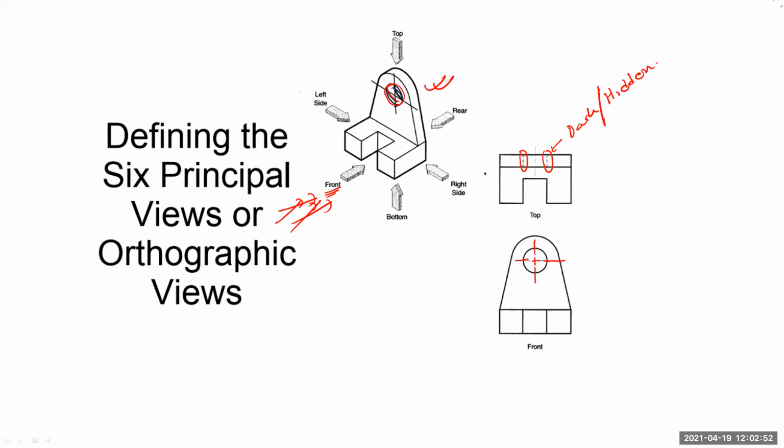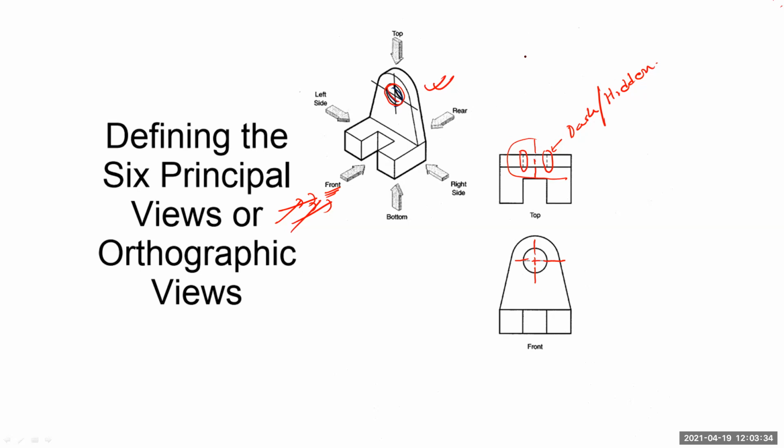Almost everyone has done it correctly. Here you can see the center line is still there. That center line and this hidden line together represent that there is one circular or cylindrical hole inside that object. Suppose you have to draw a duct in a wall. For civil engineers, for showing that duct, you can use this kind of representation in your drawing. Whereas in many machine components, you can see some hole like this. So mechanical students, you can use the representation like this.